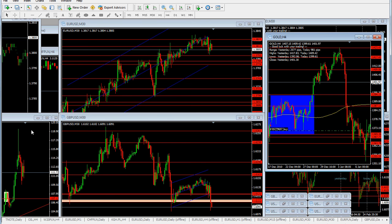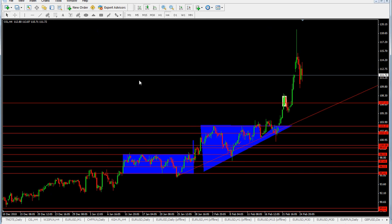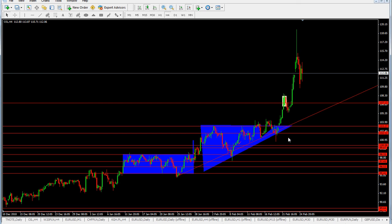Looking at the oil chart, I was speaking for many days, maybe weeks now, that oil seems like it's going to cross the $100 price and might accelerate to the upside. Then the situation with the Arabian countries occurred, I mean the unstable situation in the Middle East, and the price stood at about the $103 level. It didn't want to break out, but the triangle narrowed down to some level and it shot out into the sky. Prices came higher very strongly, taking small breaths like here, and we see that the acceleration was so fast that the buyers